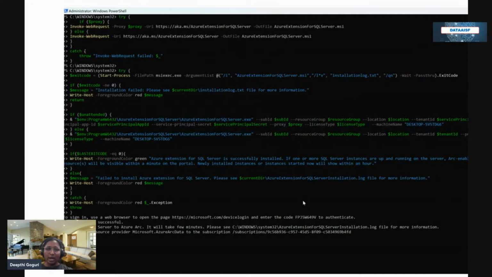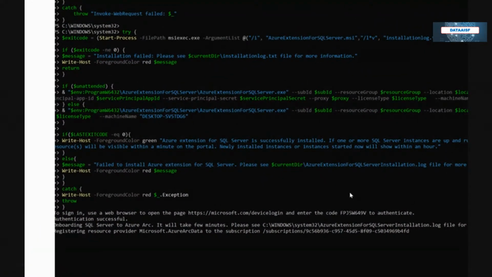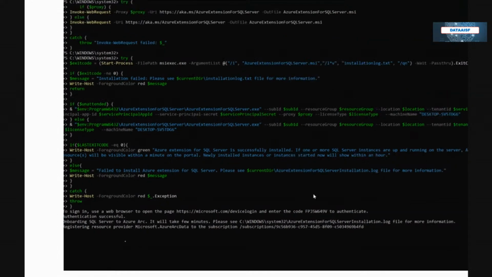And as you see, in the last few lines, it will say the authentication was successful, and then onboarding SQL Server to Azure Arc. It will take a few minutes, and it will give you the log location where you can go ahead and see. And it is also registering the resource provider for Azure Arc data to the subscription, and it will provide you the subscription details. If you see here,